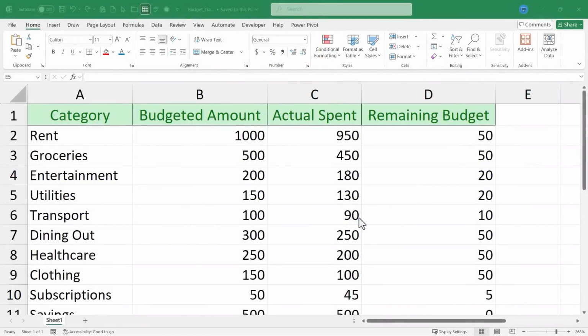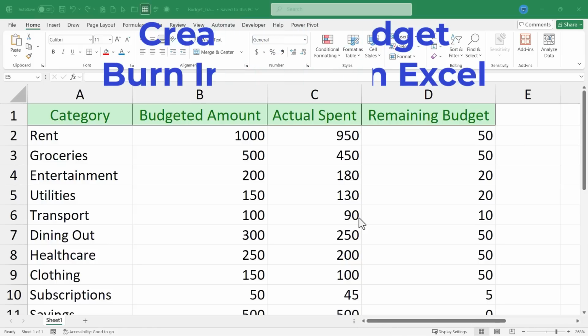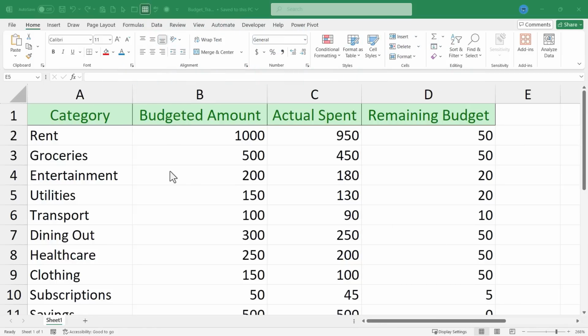In this Excel video, I will show you how to create a budget burn indicator in Microsoft Excel. This is going to be fun. Let's get started. So here I am in Excel and I have some budget categories and budgeted amounts, actual spending,